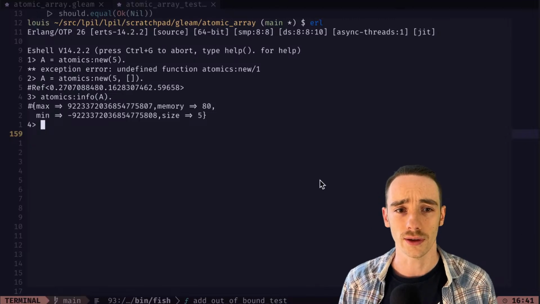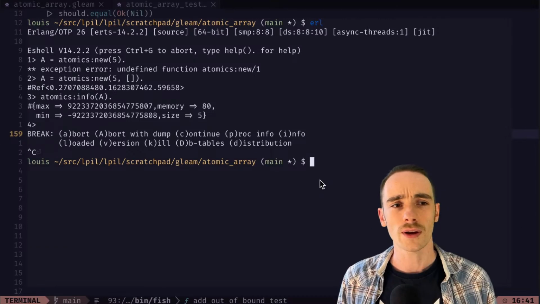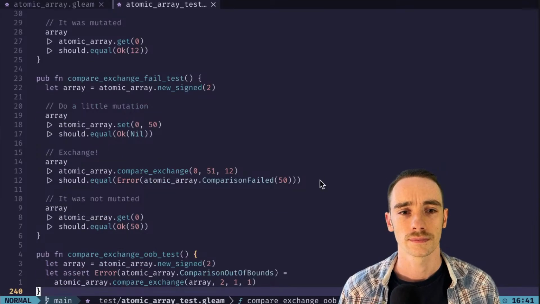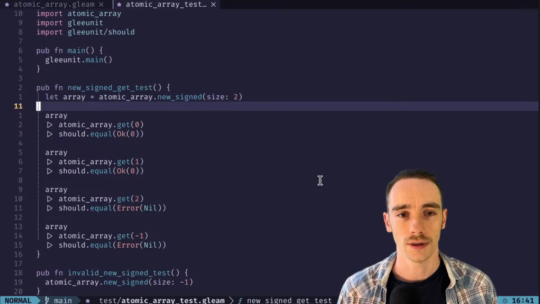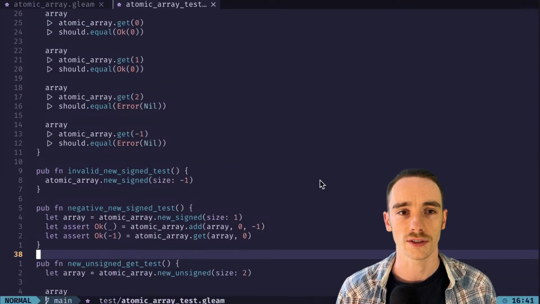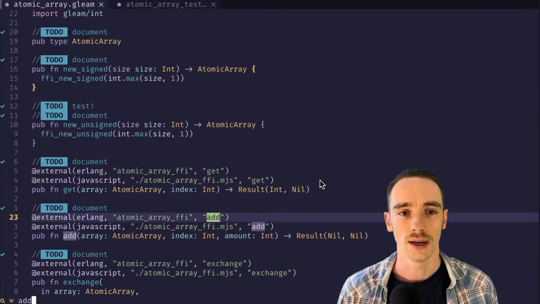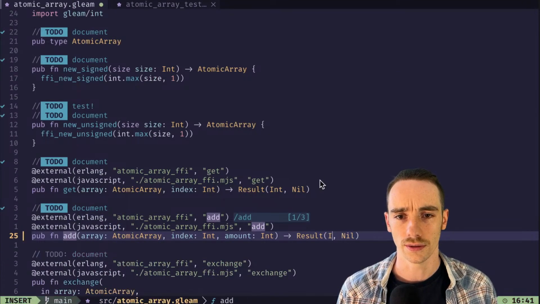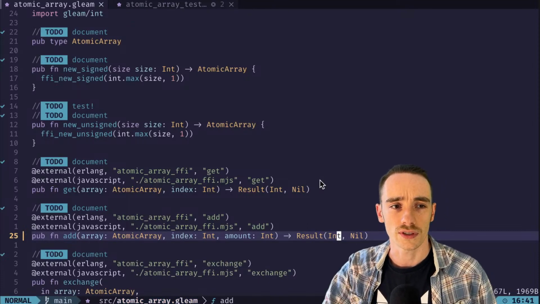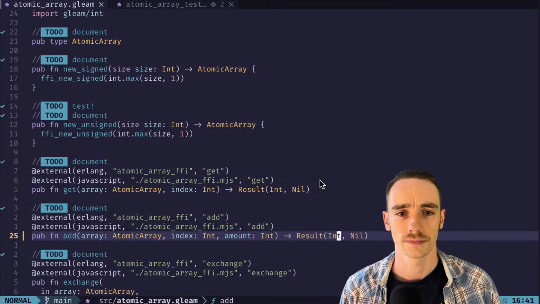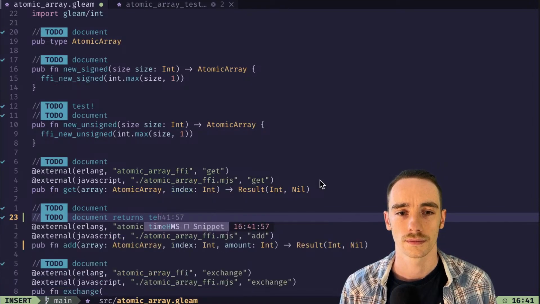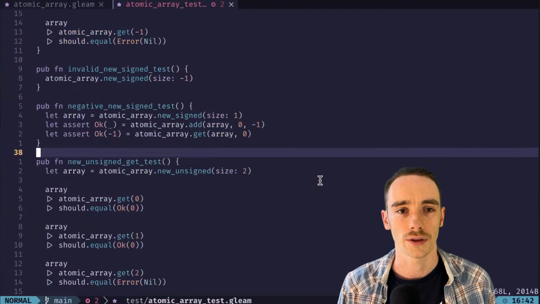Should we give it a go then? So how do we test this? Well, first off, let's go to add and make it return the previous value. Nice. Okay, so